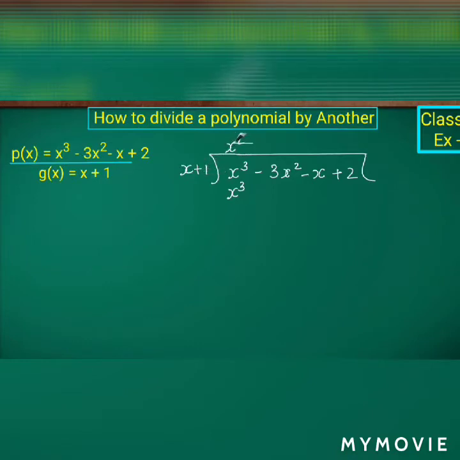Are you getting? Since in the before problem I was having only x term, it would be easy. It was easy, isn't it? But here I am having the two terms x plus 1. So we have to multiply with plus 1 also. So x square. Since I am going to do the subtraction, plus will become minus and minus will become plus, isn't it? x cube and x cube will get cancelled.